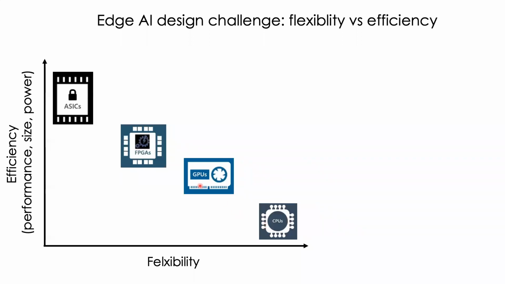If you go towards GPUs, our graphical processing units, these are heavily used in the industry right now for deep learning training, as well as for inference in many cases. They are more flexible compared to an ASIC, but still consume a significant amount of power and energy that is not sustainable when it comes to the edge. If you go all the way to an ASIC, you have very little flexibility. It's hardened silicon. Once you have fabricated the chip, you typically cannot make changes to its behavior. However, because you sacrifice flexibility, you gain a lot in terms of efficiency.